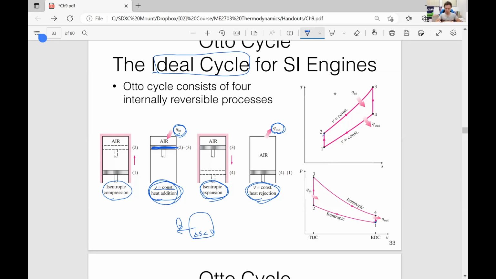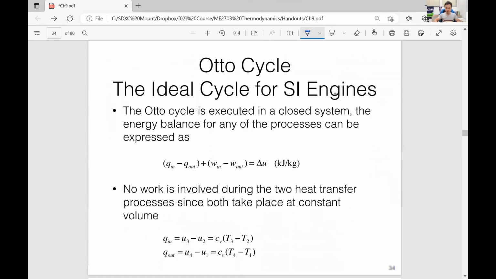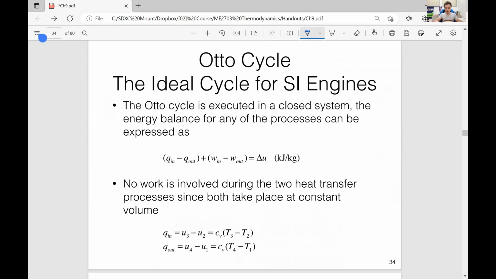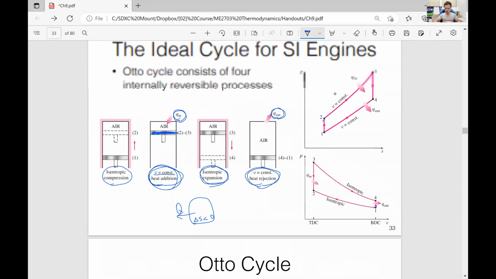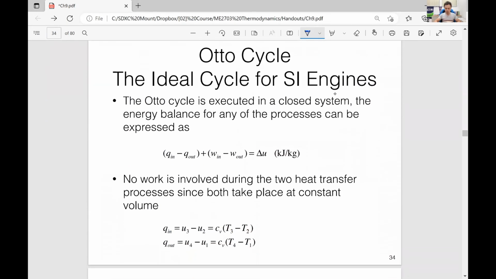So you need to know how to make a TS diagram and how to make a PV diagram. All right. Then once we know how to make these two types of diagrams, we are ready to do some